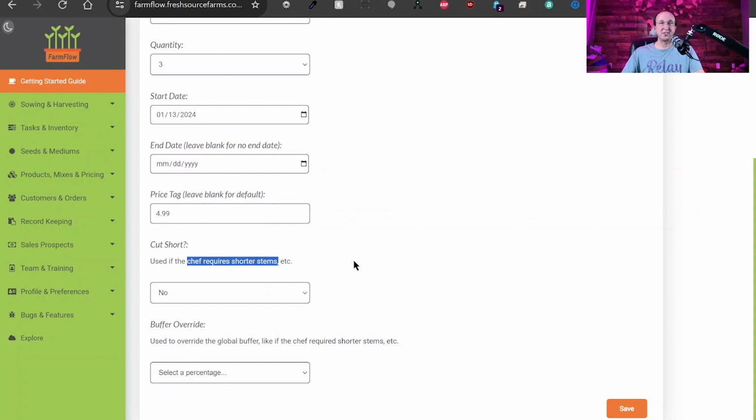So if you have a chef that loves to cut things really short, you can set that to yes. By default, it's set to no. And then if you do choose yes, it would definitely be a good idea to select a buffer override. So basically what this is going to do, let's say we were cutting them roughly 50% in height, right? You can choose select a percentage and we can have it add 50% to the amount that we actually need